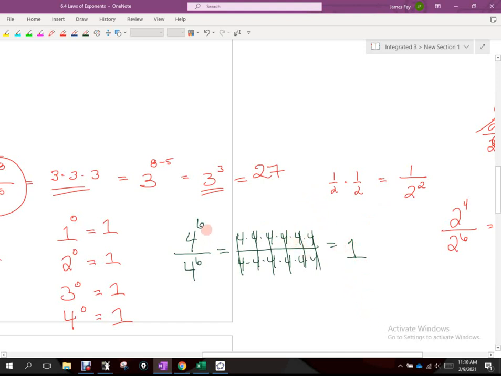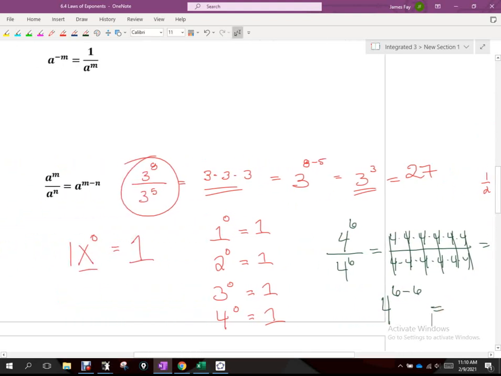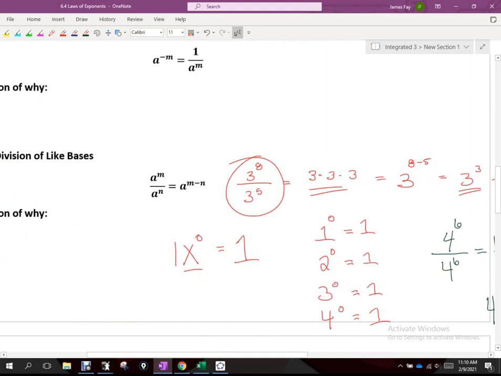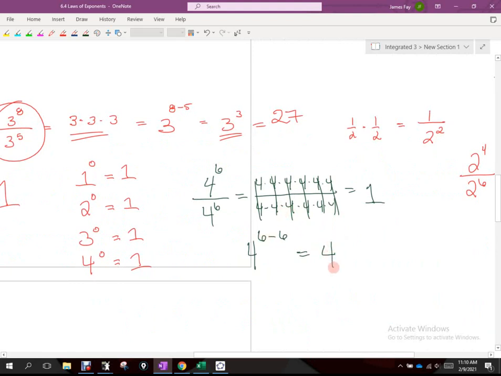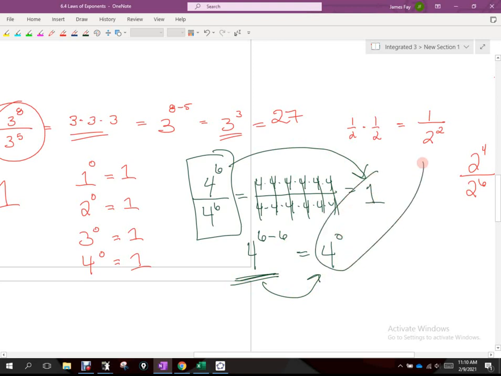But how does that tell me that 4 to the 0 is 1? If we're dividing like bases, what do we do with their exponents? We subtract them. That's what this rule here said, right? If we're dividing like bases, we subtract the exponents. So our exponents were both 6. We know that this in one route gets us to 1. So if this rule is true and it gets us to this, those two things must be equal as well. Does that make sense? That is the logic why